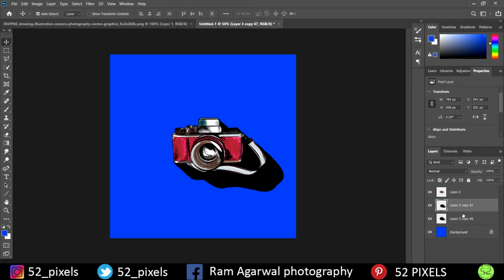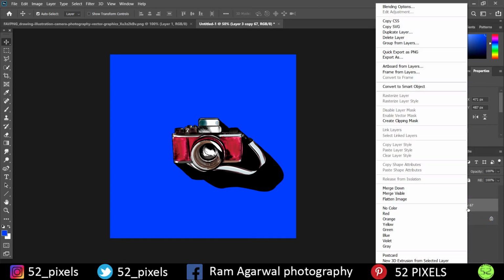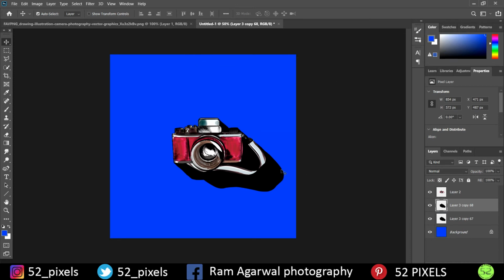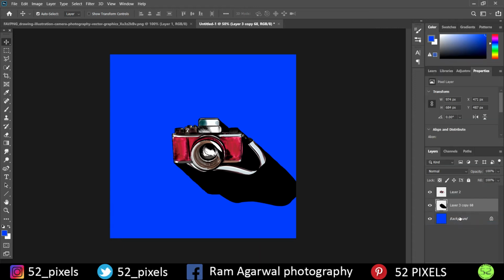Now I'll again merge these two layers. So I'll merge layers, and again I'll duplicate the layer, and again I'll do the same thing of dragging it out from the main image. That's what I'm doing right now. Make sure you match the lines properly. It shouldn't look like you have created a different layer. It should look like it's the same layer. So make sure that you make straight lines while you're moving your object so that it doesn't look messed up.